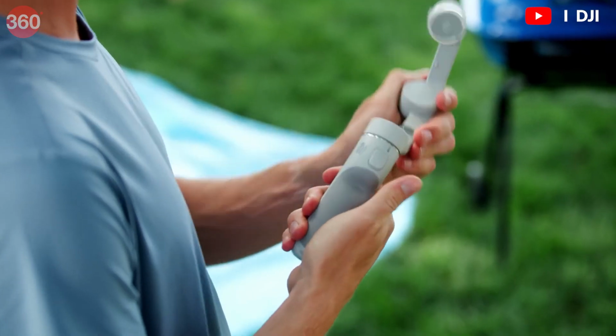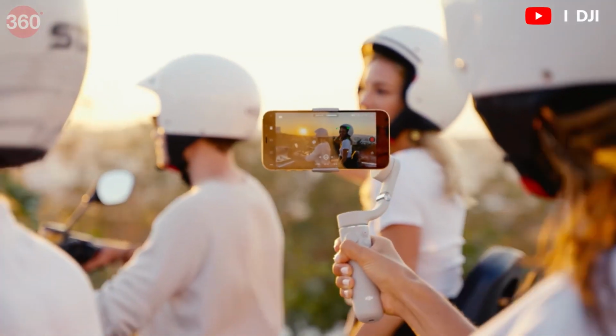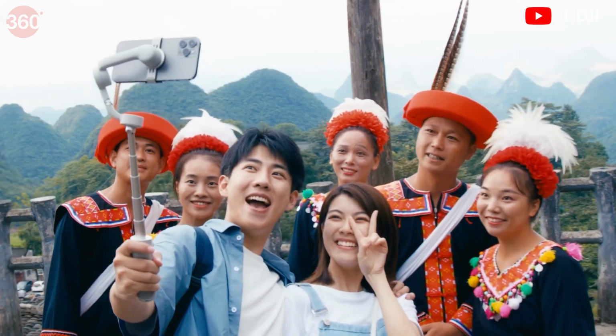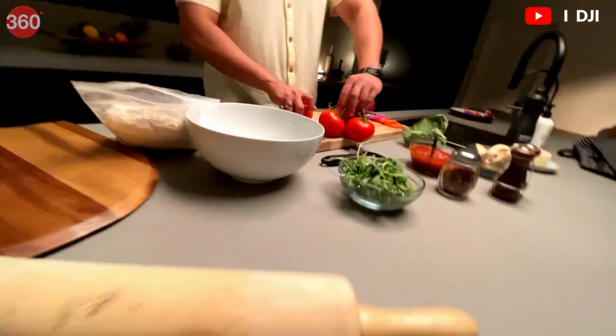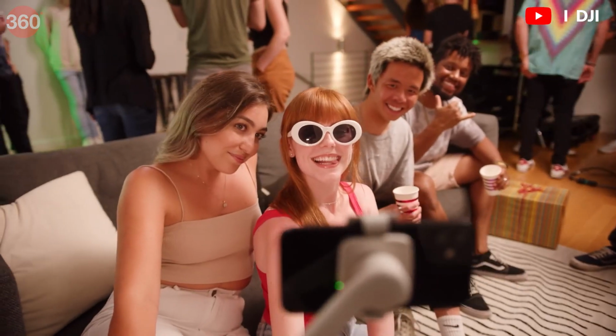Another gadget on this list is a mobile phone gimbal. Simply put, it compensates for minor shaking when you hold your phone in your hands in order to stabilize videos you are shooting. This can be a complete game changer in terms of video quality, giving you much smoother and more professional looking footage. Just pair the device with your phone, press that record button and document whatever you want